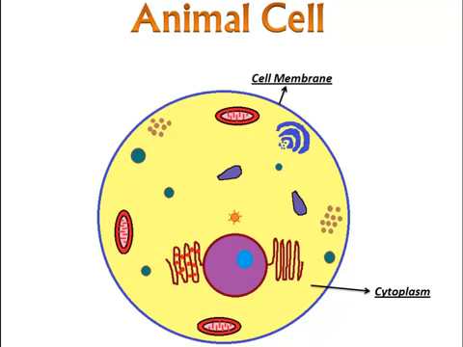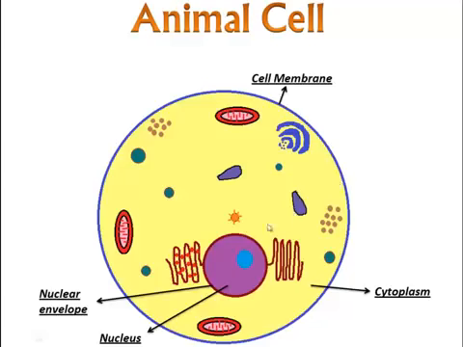And the next is nuclear envelope. This nuclear envelope separates the nucleus from the cytoplasm, and it surrounds the nucleus. It is a membranous layer around the nucleus, and the nucleus is the control center of the cell, means it controls all the metabolism and the reproductional activity of the cell. This purple colored fluid inside the nucleus is called nucleoplasm,